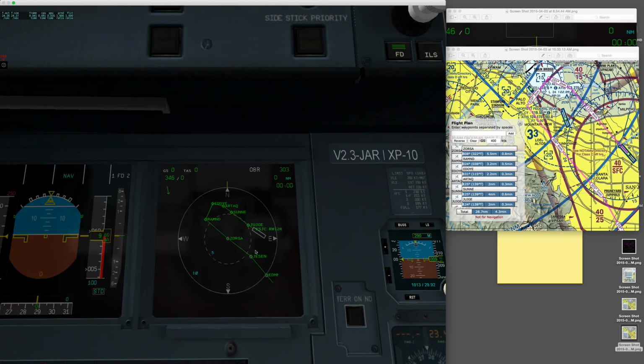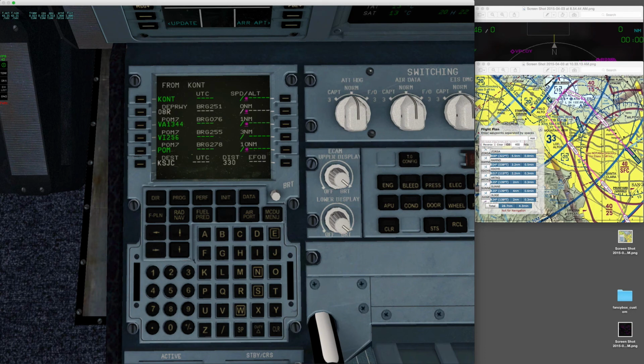And if we go up and take a look, we can see that we have a much better approach and attack angle on that localizer. Alright, now that our flight plan is in, let's finish programming our computer. Going back to the init screen,